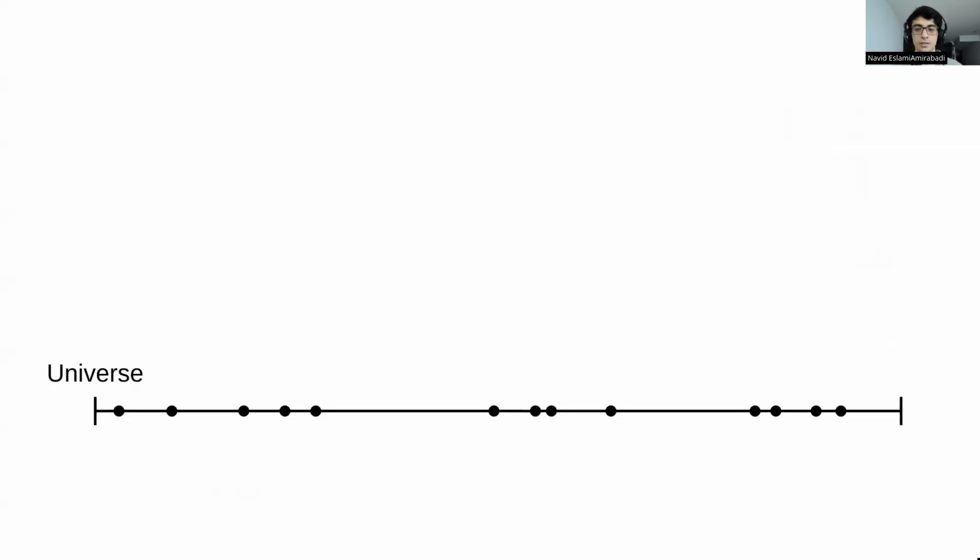Okay. So with that out of the way, Memento filter takes the universe of keys, which in this case is this line right here, and the data set is represented as points on this line. And the key idea it uses is to partition this universe into some number of equal width partitions, like so. Each one of these partitions has a width of 2 to the log r. Again, r was the maximum range query length. So 2 to the log r is going to be the smallest power of 2 that is bigger than the